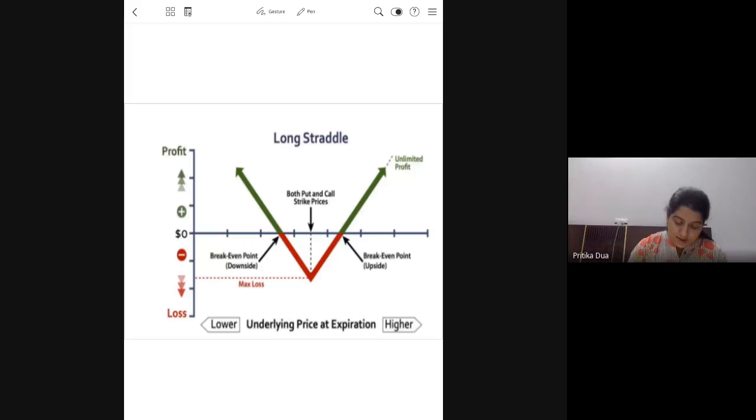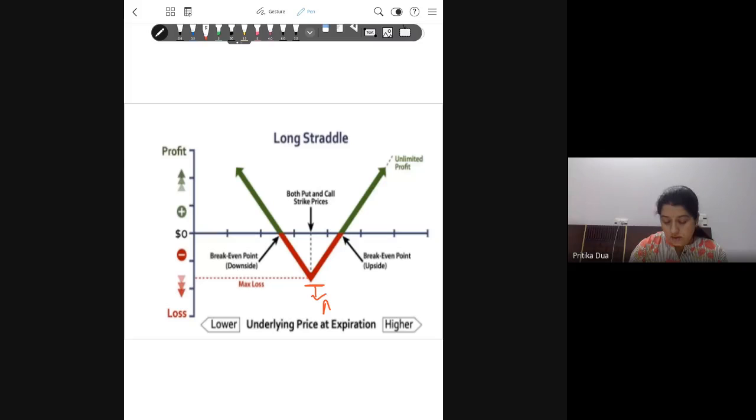जो रेड वाला पोर्शन है दैट इज दिस पोर्शन, जो मैक्सिमम लॉस वाला पोर्शन है वो तब होता है व्हेन योर ऑप्शन कॉन्ट्रैक्ट इज एक्सपायरिंग ATM at the money 7600 स्पॉट रेट है और 7600 ही एक्सरसाइज प्राइस है। ओके, दो ब्रेक इवन है जहां पर आपका नेट प्रॉफिट जीरो है, एज आई एक्सप्लेन यू। अदरवाइज यू कैन हैव अनलिमिटेड प्रॉफिट, द ग्रीन पोर्शन।